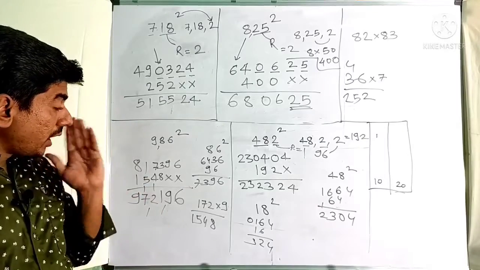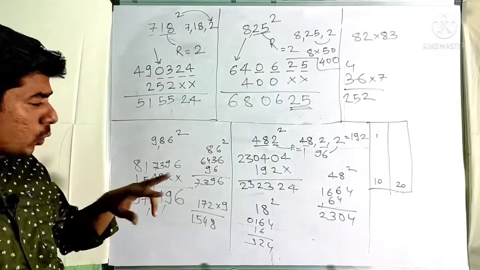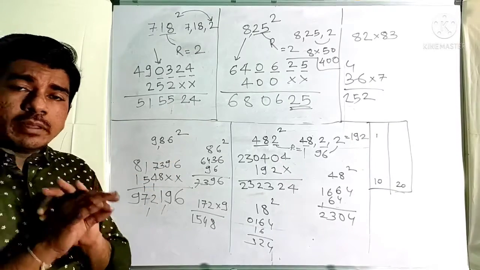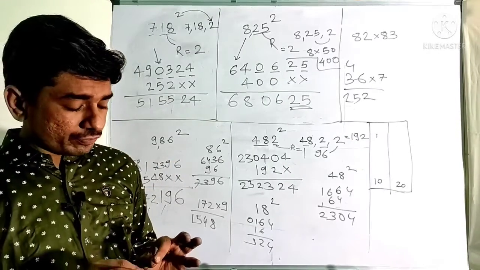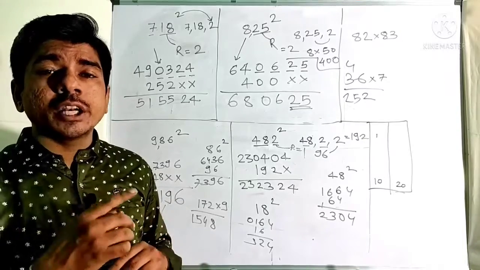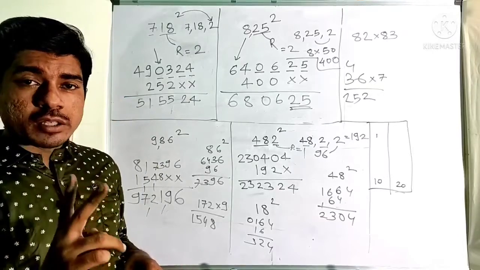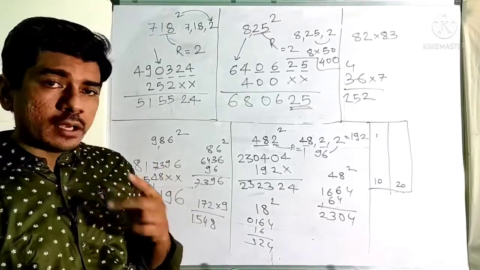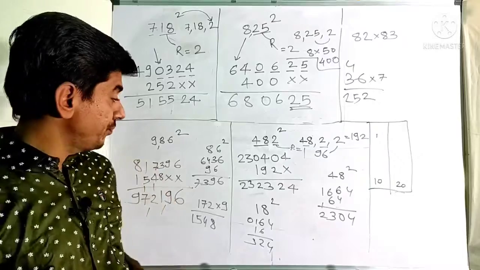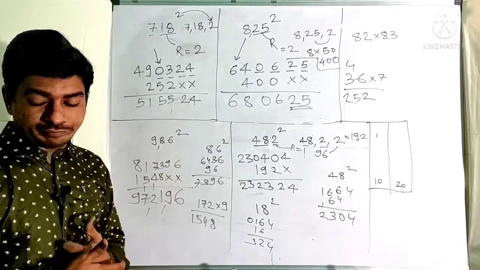If you are able to add the numbers quickly, you will get the answers quickly. Any method or any multiplication or any operation in mathematics can be converted into addition and subtraction. Okay, you should be fast in these two methods. You should be fast in addition as well as in subtraction. After this we will be seeing a 4-digit number.